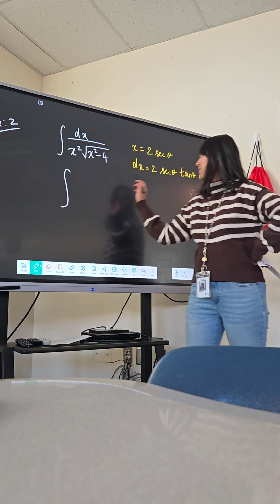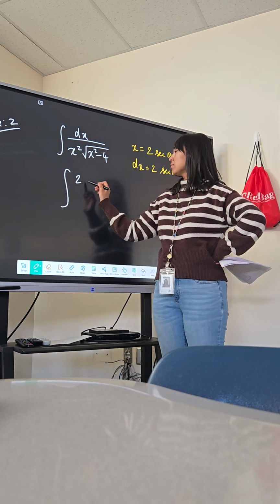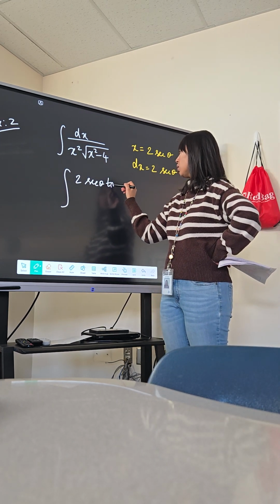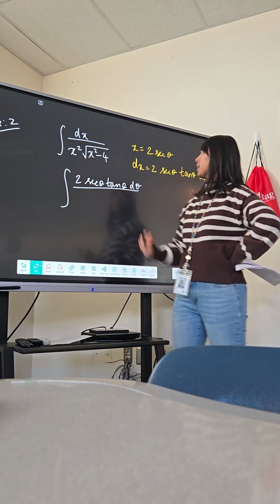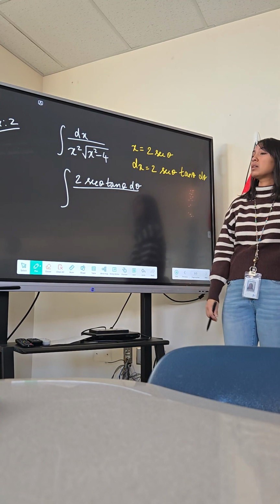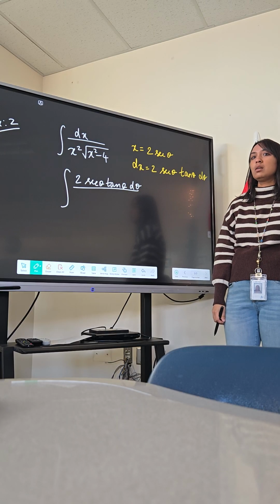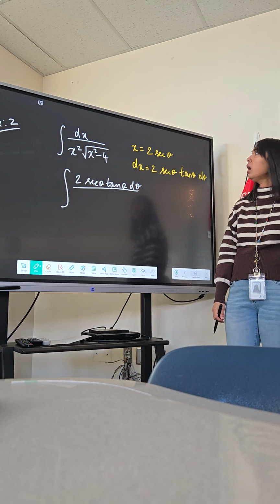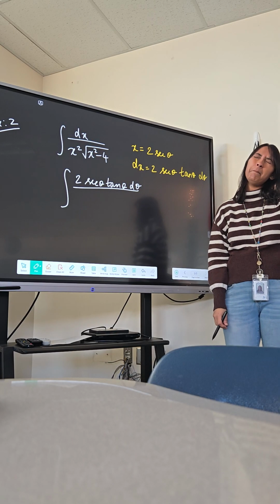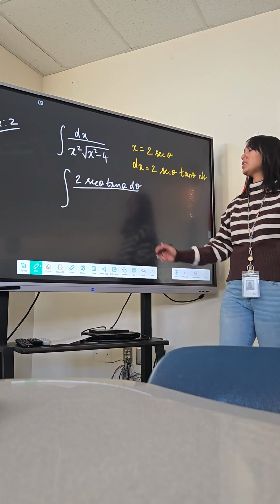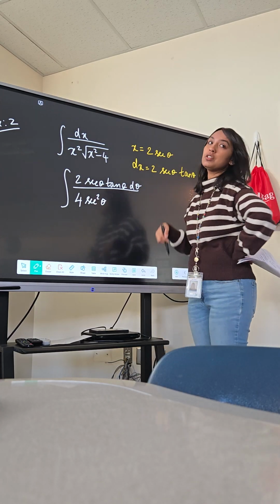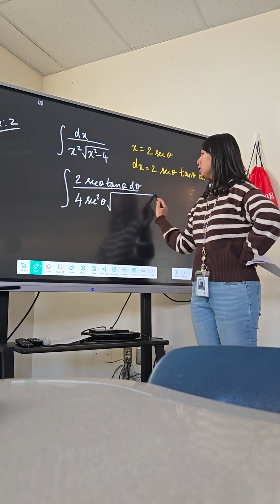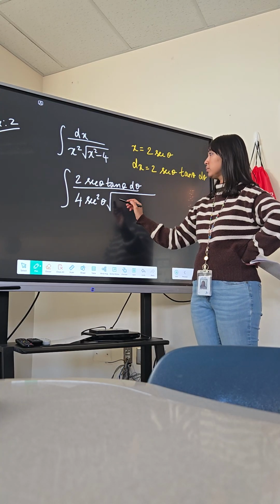Okay, so dx is the same as this whole thing over x squared, which is the same as 4 secant squared theta d theta. Remember to square the 2. And in the square root we have